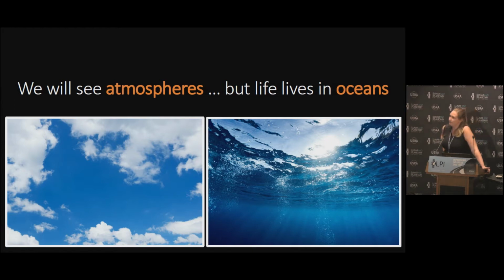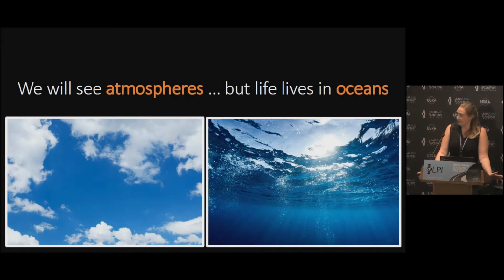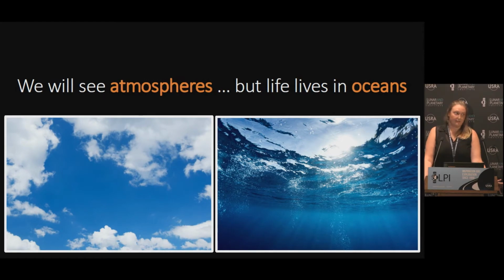Okay, so in terms of exoplanet life detection, one of our biggest challenges is going to be that in the search for life elsewhere, we are going to be forced to draw conclusions about habitability and even inhabitation based on information that we can get about exoplanet atmospheres. But of course, life on Earth evolved and spent most of its history diversifying within Earth's ocean. And so it'd be highly desirable if we knew how to take information about atmospheres and extrapolate that to infer something about ocean chemistry.